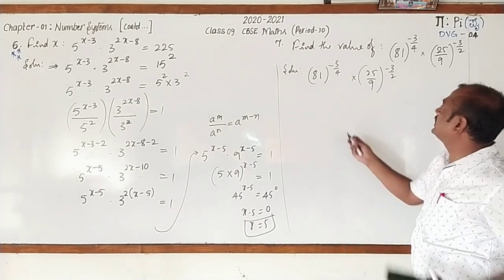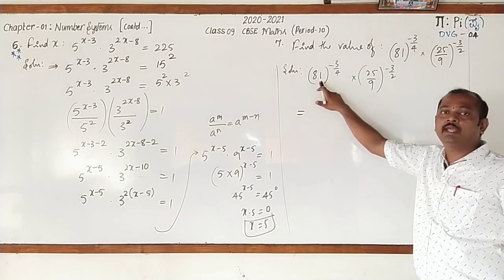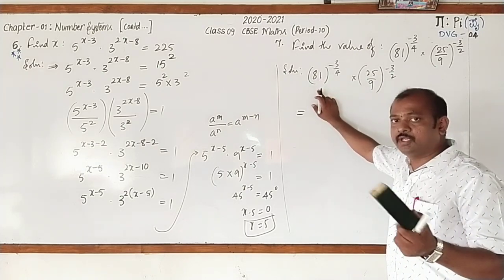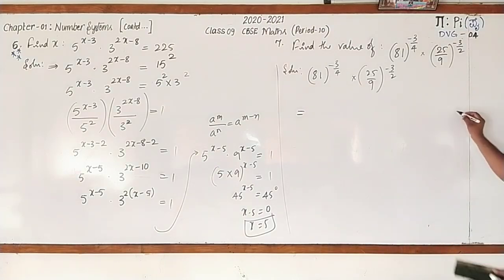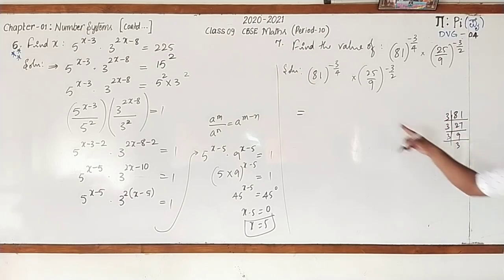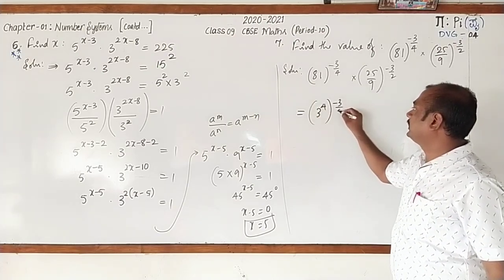Now, it is equal to, you know that 81 can be written in the exponent of 3, right? We are very familiar with that. 81 is 3 27s are, 3 9s are, 3 3s are. I can write it as 3 raised to the power 4 whole raised to the power minus 3 by 4